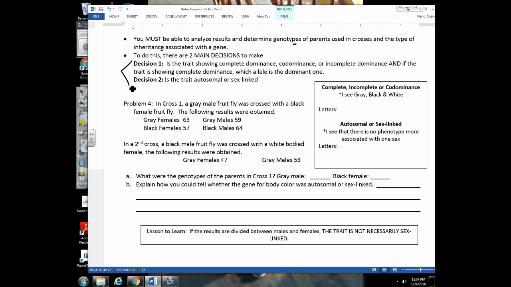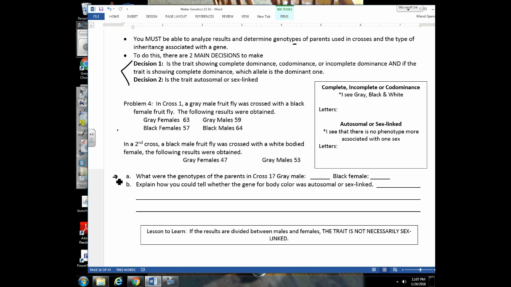Your first decision was, is the trait autosomal or is it sex-linked? And your second decision is, is this trait that's being mapped out a dominant trait or a recessive trait? So these are the 2 decisions that we're going to have to make whenever we take a look at our results here. Before we go through and answer this problem, if you want, you can hit pause and see if you can